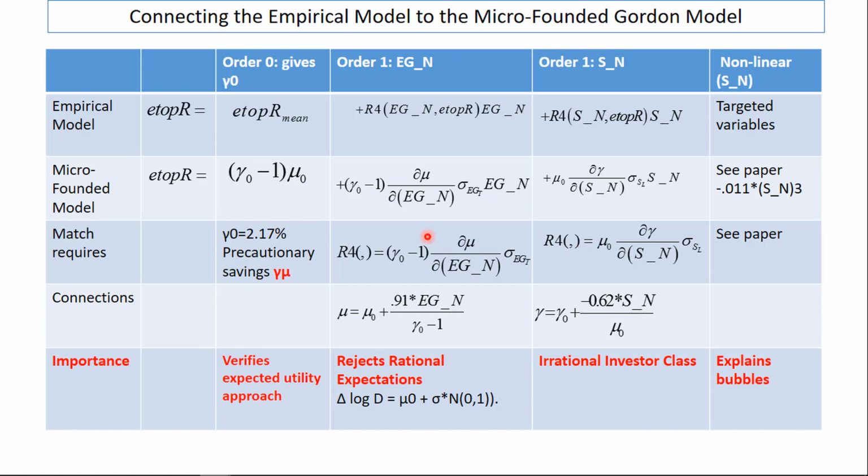You can then go on and obtain the actual expectations and parameters in terms of the regression coefficients, doing a little arithmetic. And the important one here, I think the most important one, is the earnings growth expectation. You see that the earnings growth expectation is now the constant plus 0.91, the regression coefficient, times the normalized earnings growth variable. And note how different this earnings growth expectation is than the rational expectations